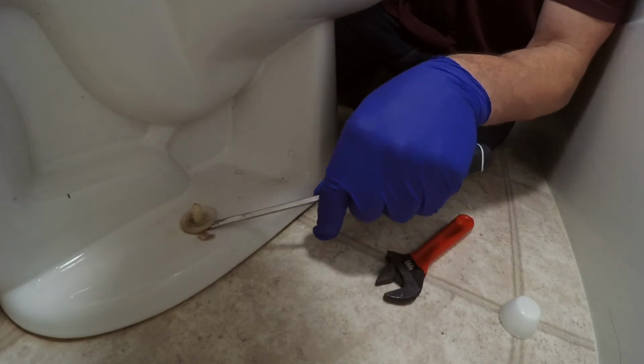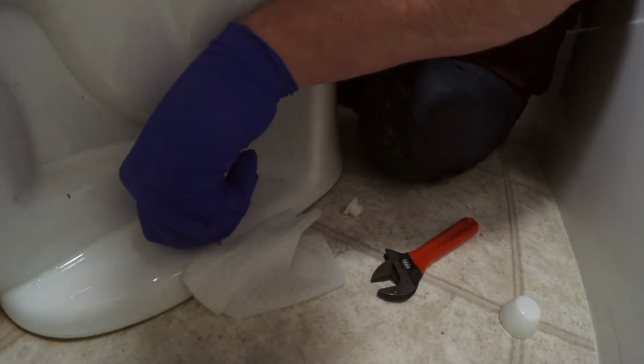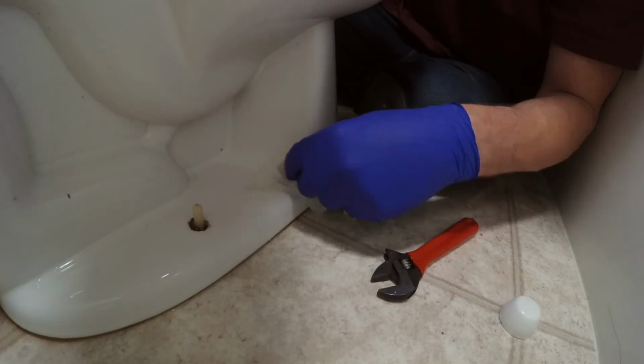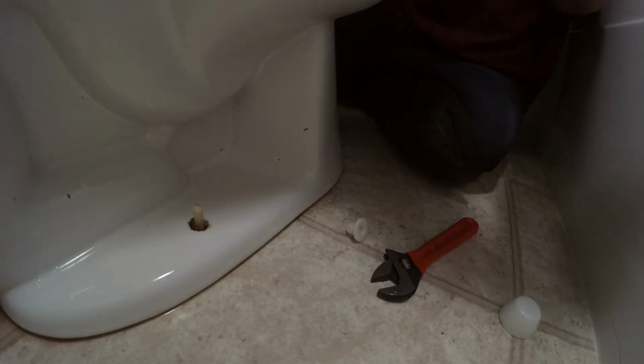That's nasty right there, whatever that is. Get out the Lysol wipes. Can't get it out fast enough, guys. It's just disgusting, right? I'm pretty new to doing this home reno stuff, as you guys know. So if you see anything wrong I'm doing, like, obviously just keep that to yourself. Underneath here, there's going to be a wax seal. If you weren't expecting that, you would be thinking that that was just like a massive collection of...